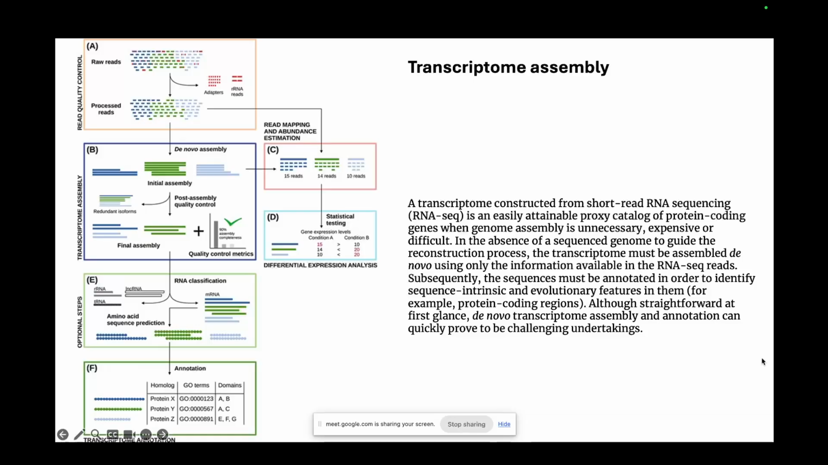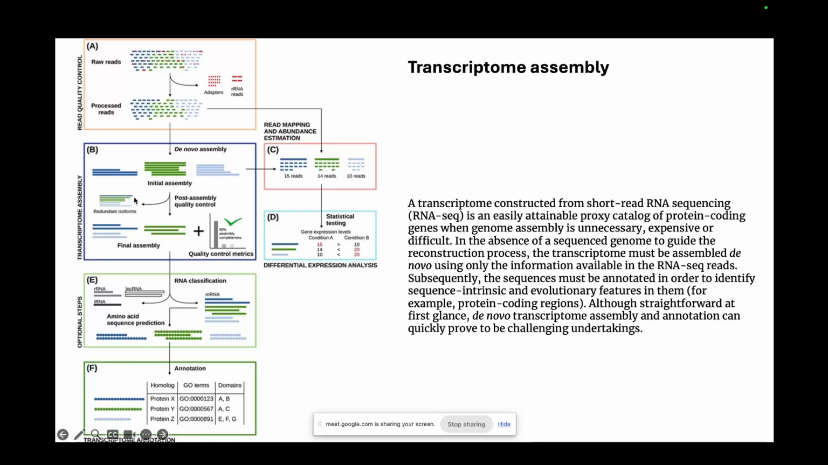In the absence of a sequenced genome to guide the reconstruction process, the transcript must be assembled de novo, only using the information available in the RNA sequencing reads. Subsequently, the sequences must be annotated in order to identify sequence intrinsic and evolutionary features in them. For example, protein coding regions, and although straightforward at first glance, de novo transcriptome assembly and annotation can quickly prove a challenging